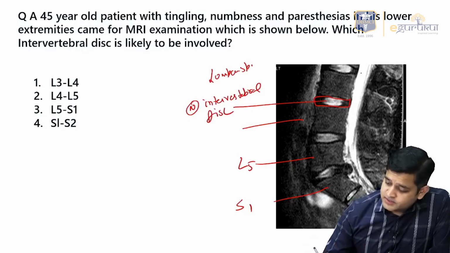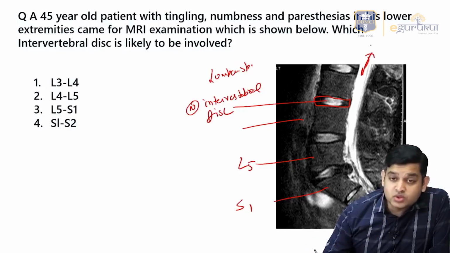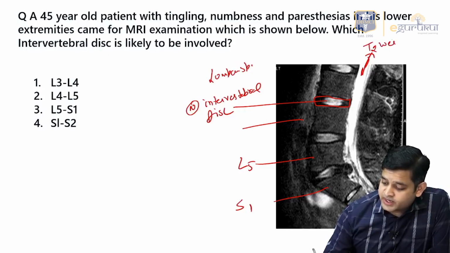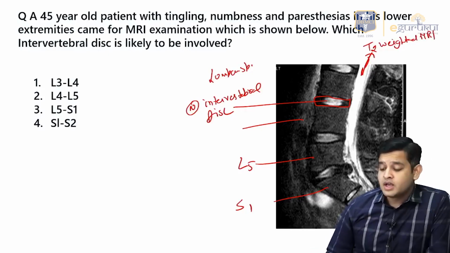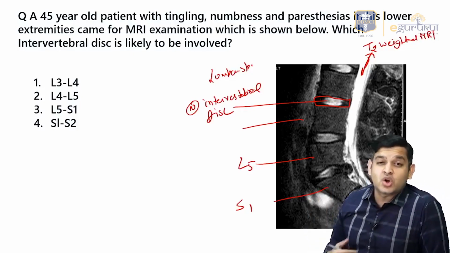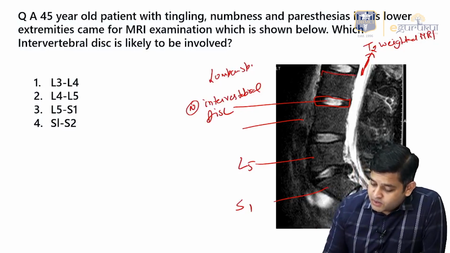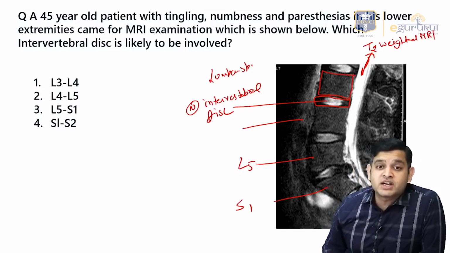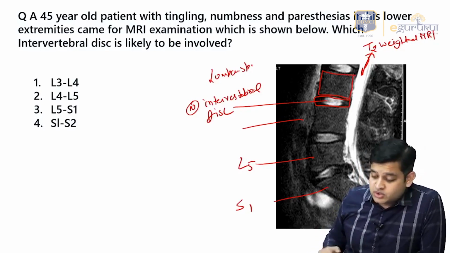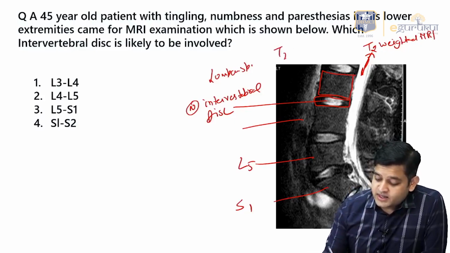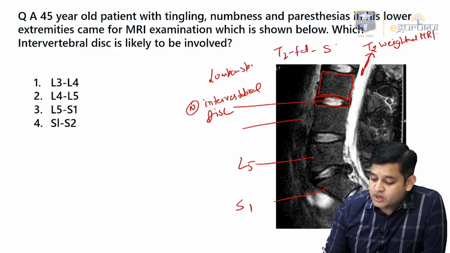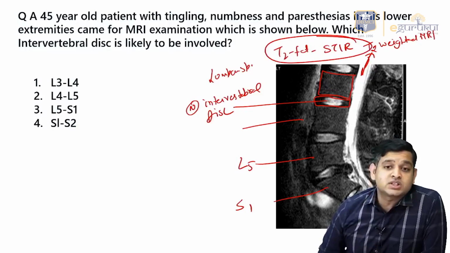Okay, since the fluid appears so white, so this is inherently a T2 weighted MRI. If I go one level up, so that's not normally asked or cannot be asked in a screening paper, but because the bone marrow which contains fat is black, so this is basically T2 weighted minus fat, and we commonly call them a star MRI. So that's a star MRI.